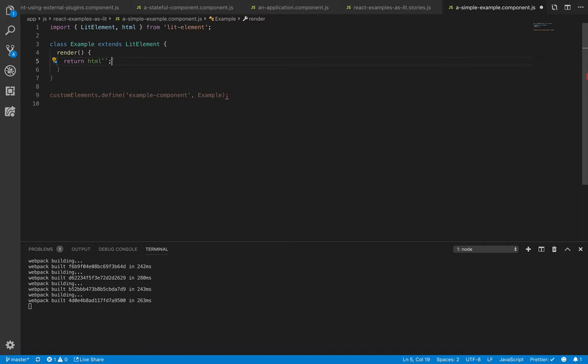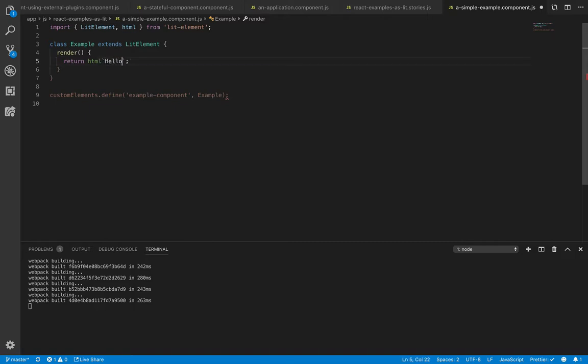LitHTML is used by LitElement. LitHTML is a piece of software that they developed to give us some of the same kind of functionality you see in React. React has virtual DOM, which is an attempt to make updating the HTML faster whenever we make changes to the variables that are going into it, to make that whole re-rendering process easier and faster. We want that exact same thing in a lot of our components, so they provide it via LitHTML. And it looks just like a template literal. If you've ever used template literals before, that's what it is. But in this case,